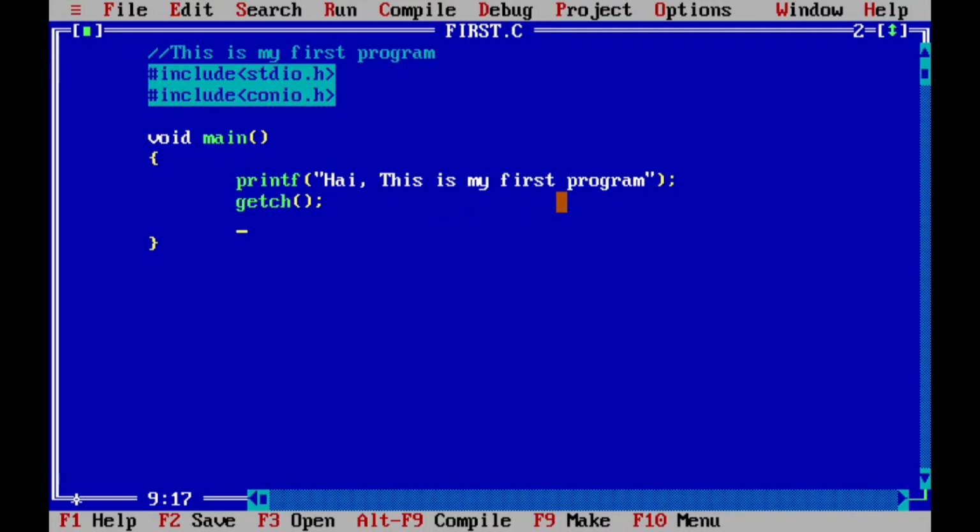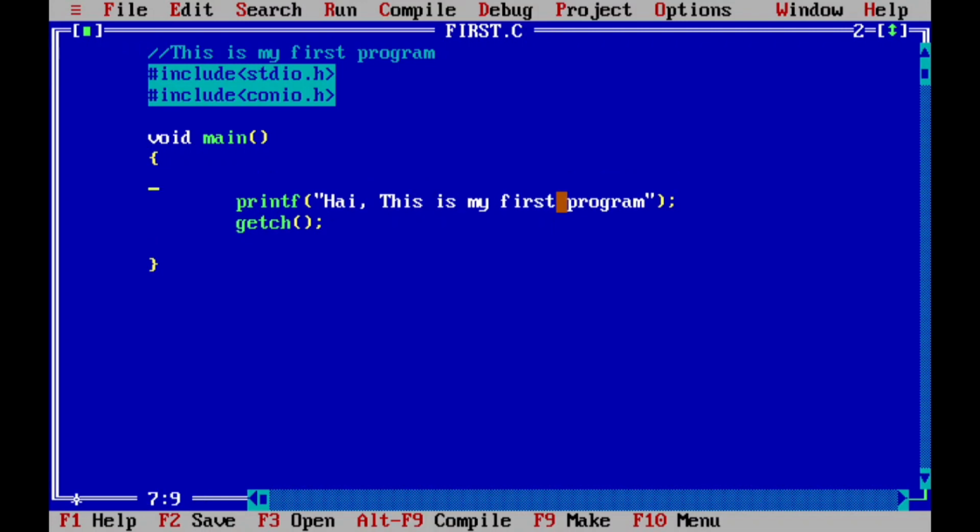So now I want to erase previous outputs. To see the exact output of this program, erase the remaining outputs. So enter clear screen, clrscr. Clear screen is a predefined function. It is from conio.h, the console input output header file. clrscr. Now, once again save. The shortcut key is F2, or go to the File menu, click on Save.